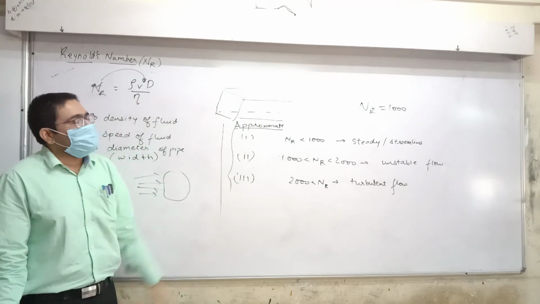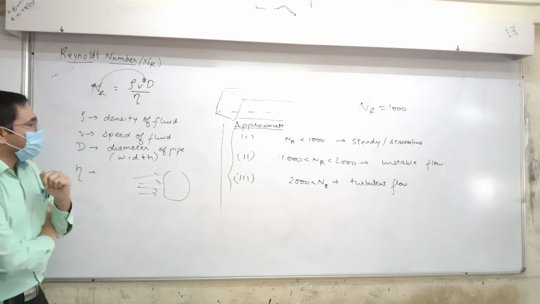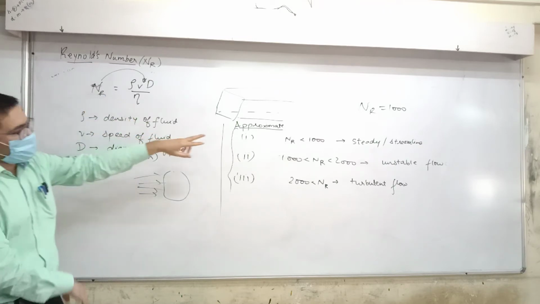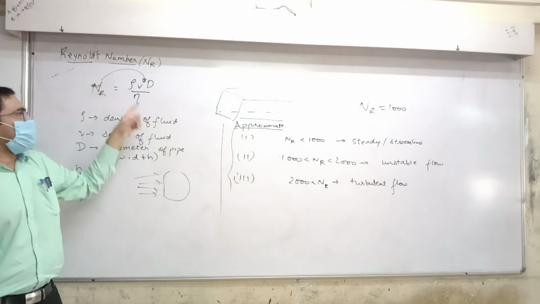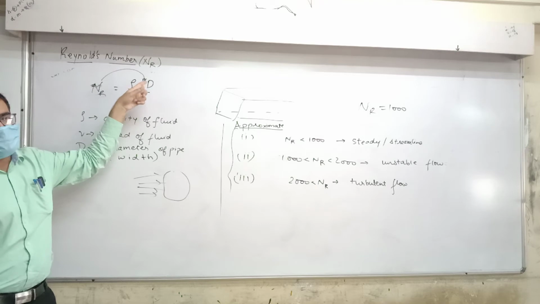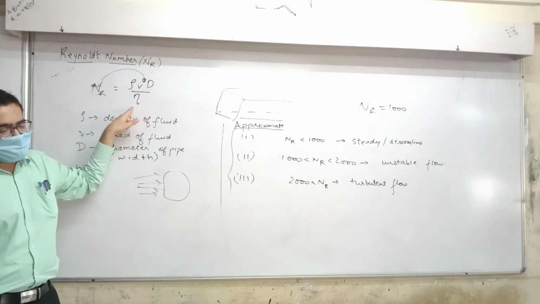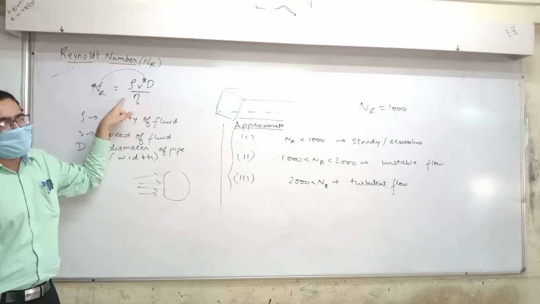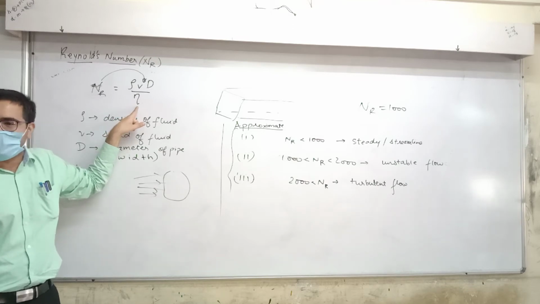Okay, now coming back to this here, so that's the Reynolds number. Again, Reynolds number is related to what is the type of flow. Remember this formula, rho v d by eta. I think 3 or 4 years ago some of the students used to remember it like rho d by eta. If that helps you to remember, you can remember it that way.